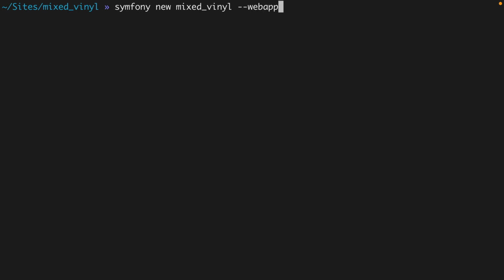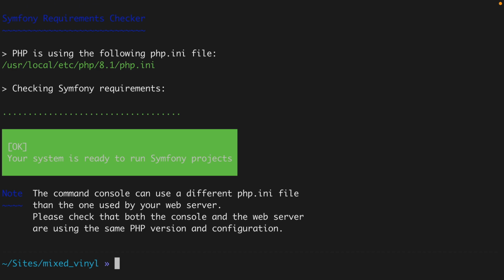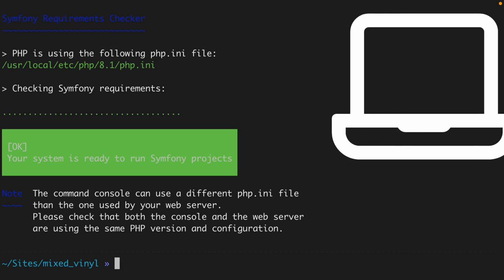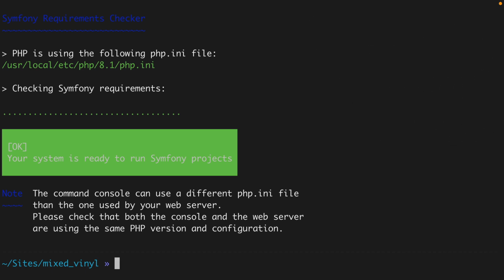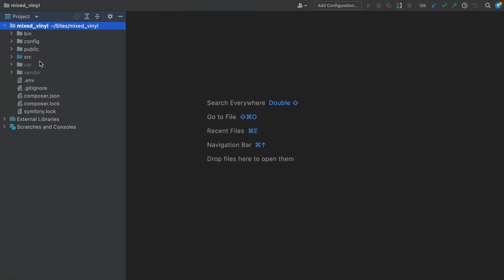Before we jump into coding, let's make sure our system is ready. Run another command from the Symphony binary, symphony check:req. Looks good. If your PHP install is missing any extensions, or there are any other problems, like your computer is actually a teapot, this will let you know. So, we have a new Symphony app over here, and our system is ready. All we need now is a